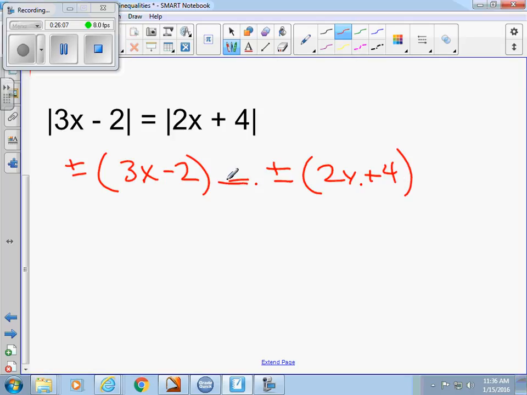However, solving principle-wise, even though there's 4 things there, 2 of those sets of equations would be completely equivalent, wouldn't they? So because of that, and because we're lazy math people, we'll just call one side plus or minus and go with it. Technically, there's a plus or minus on both sides, but